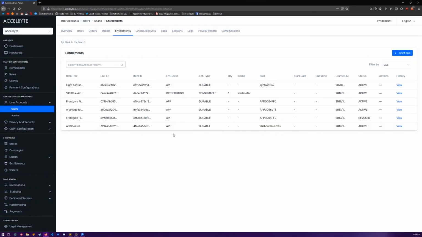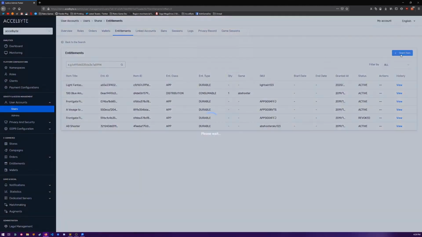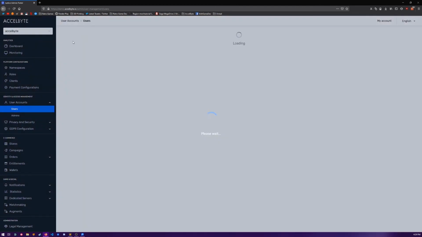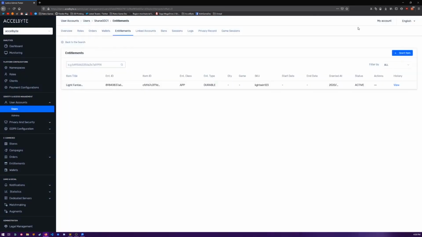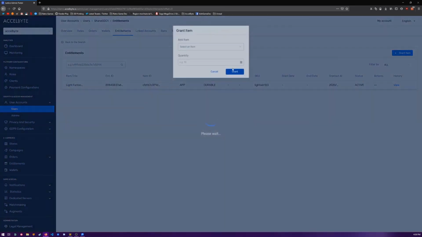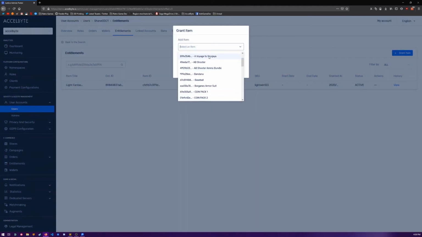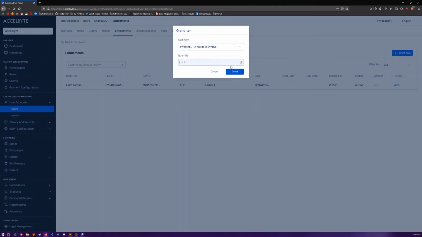I think one thing I actually didn't cover here is the ability to manage the entitlements that a particular user has. I can grant user items. So in fact, I'll find our GDC user here real quick. GDC2. View and click entitlements. So we can see that they only have that one particular game, but I can also say, why don't we give you A Voyage to Sri Aya, and we'll give you a copy of that